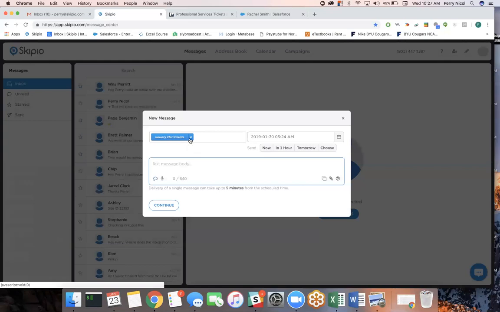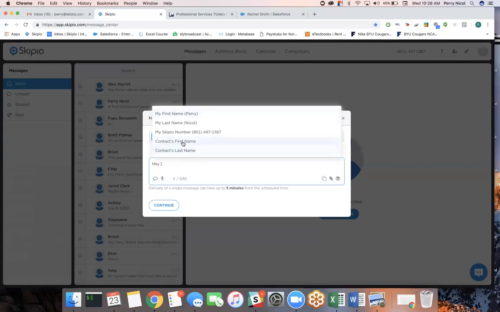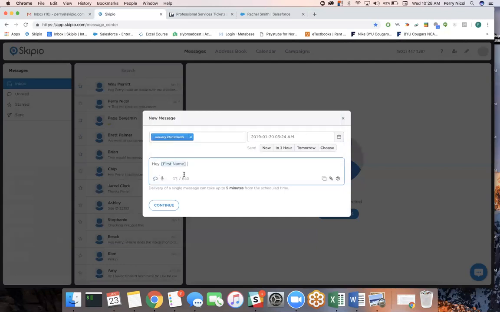And so what you'll use is something called our custom fields, and the custom field that you'll use is the first name custom field. So what we would do is we would say, hey, and to access those custom fields, you do the square bracket icon, which is the key just right of the P on your keyboard. And so you click the square bracket, and you'll notice that there's a contact's first name option. Please don't get this confused with my first name, because what that will do is it will actually pull in your name or the name of the account owner, and that will obviously send out, hey, Perry, to every single person, which would look wrong. So you want to make sure you choose contact's first name, and it will say, hey, bracket, first name, bracket,